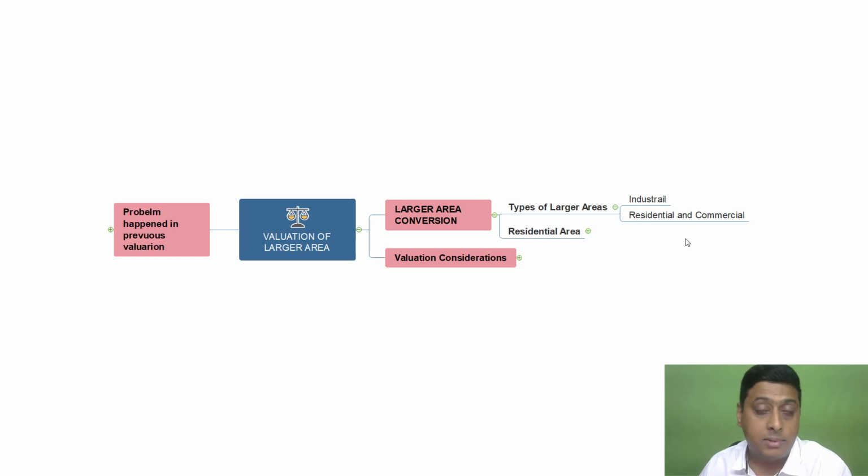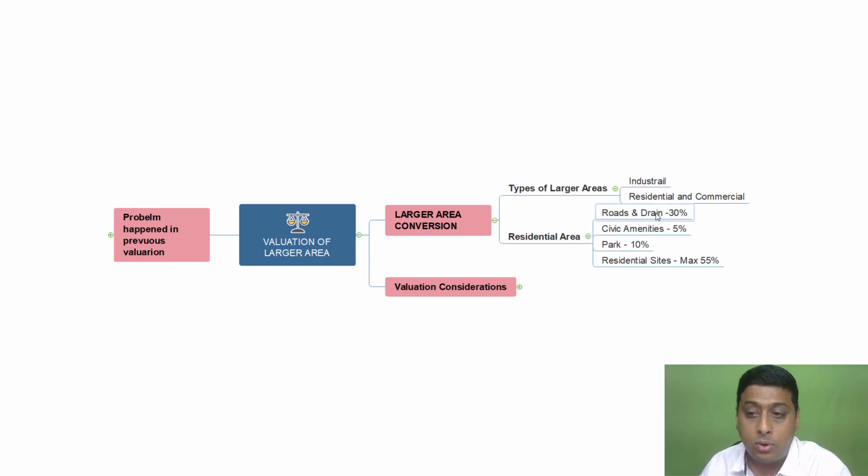So when it comes to residential and commercial, here the development activities generally take place as roads and drains, then civic amenities, park and usable area. I'm going to show that. So here the roads and drains occupy 30 to 35% of the total area. Civic amenities are like schools, colleges, hospitals, or temple, mosque, church, whatever it is with respect to the public. So we have to leave a space of 5% in the total area for these kinds of activities, and 10% for the park,